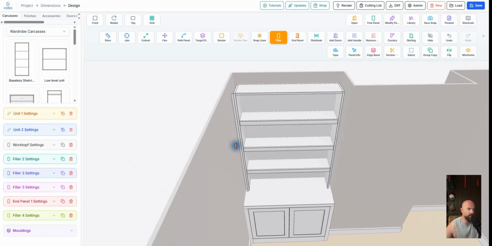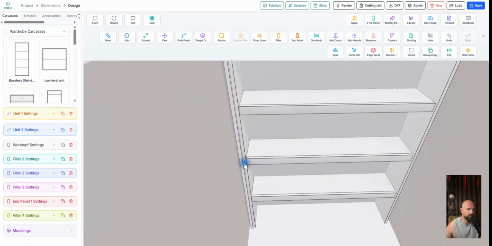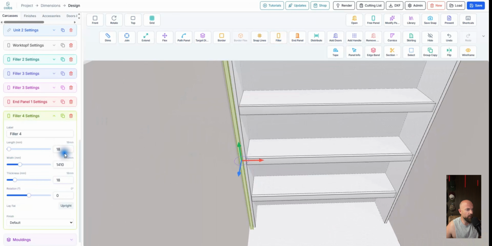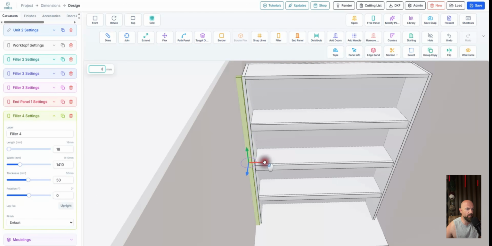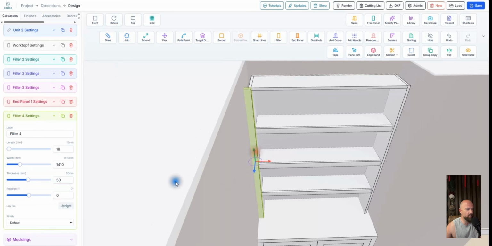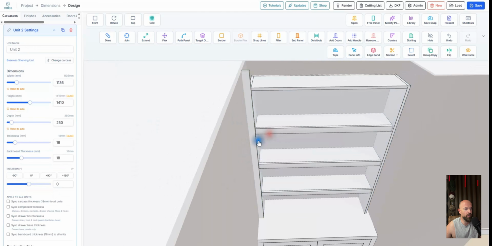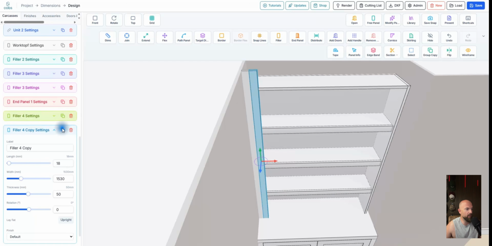So I can put this filler in here like so. I can go into it and I can just start flexing it. I'll tell you what, I can just type 30, not 32, I can just type 50 in here because I know I want it to be 50, and then I can just snap it into place and I know that's right. Flex tool it up to the ceiling before I copy it,